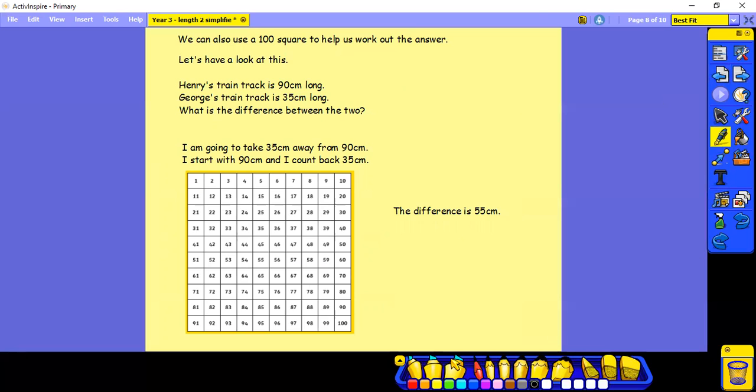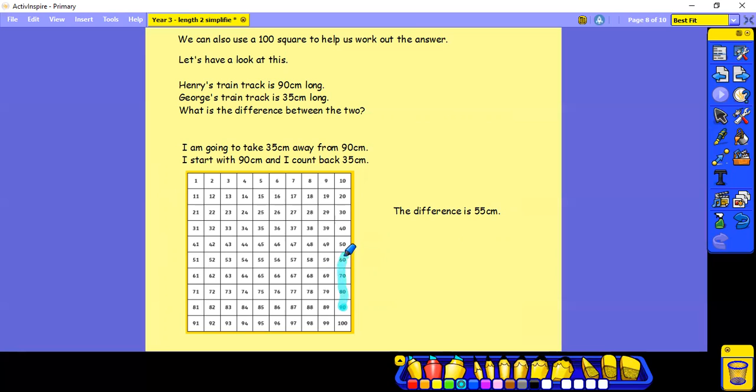So I'm going to start with 90 and count back 35. Now you could start at 90 here and count back in steps of 1, 35 times. But I know that 35 is made up of 3 tens and 5 ones. And because I know how to count in tens, I'm going to count backwards in steps of 10. So I'm starting at 90, I'm going to count back 10,